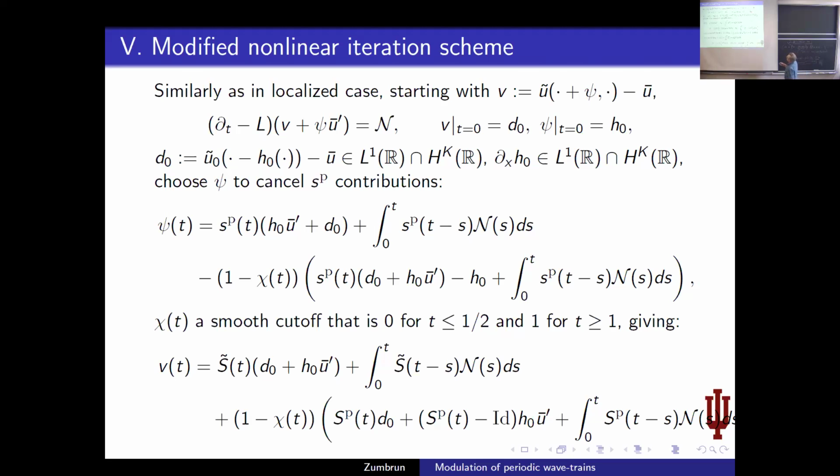Okay, now we're going to choose psi to cancel the contributions from SP in the solution operator. Maybe this should have had a quote, because we can't completely cancel it. Here is what we want. This would completely cancel all the SP contributions if we just set